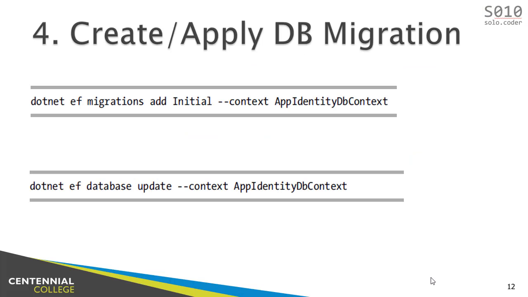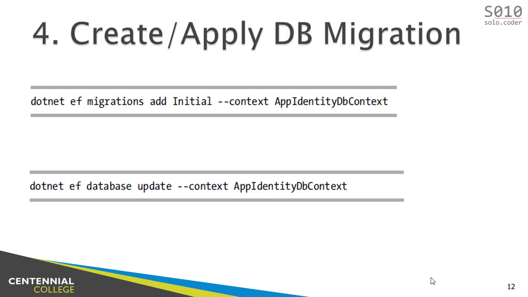Okay. So moving on here, we have the commands. Commands to create the database, to create the migration scripts and create the database. As compared to what you have seen before, something has been added here to this command. Which element has been added as compared to what you have seen before? The context. Why did we add this? Because now we have two contexts. We have a context to the product database and a context to the identity database.